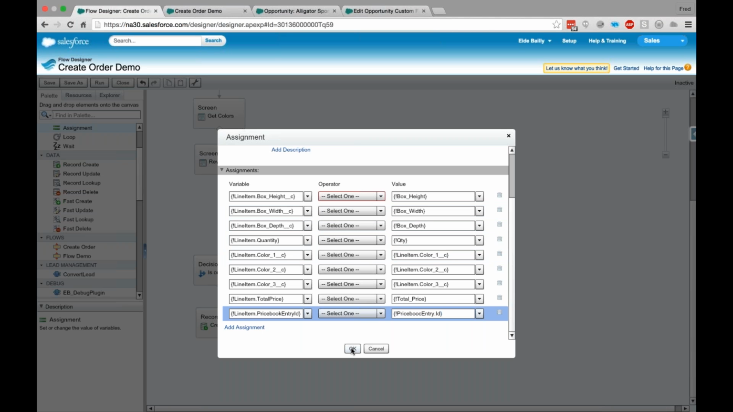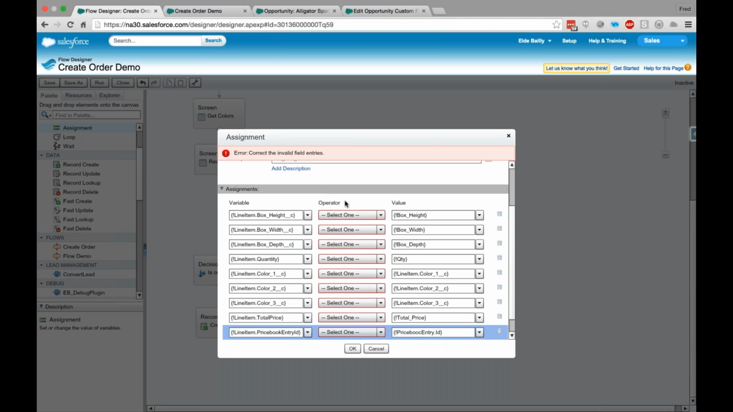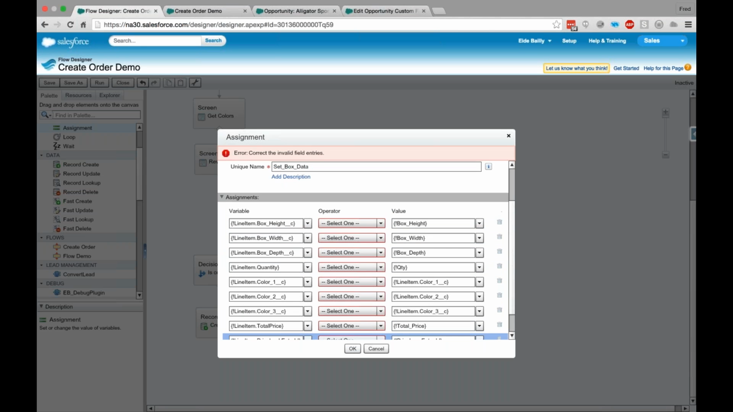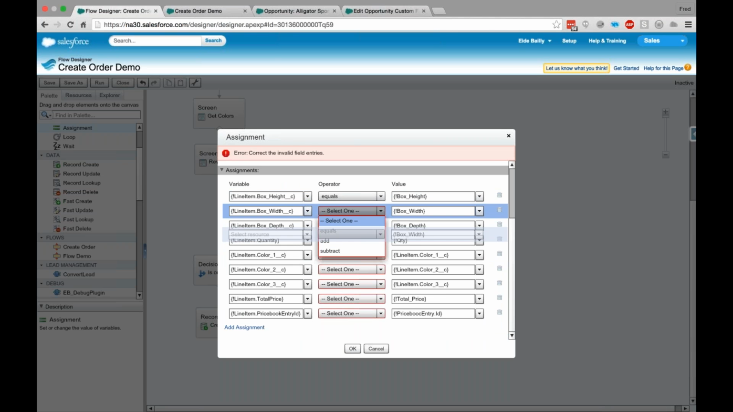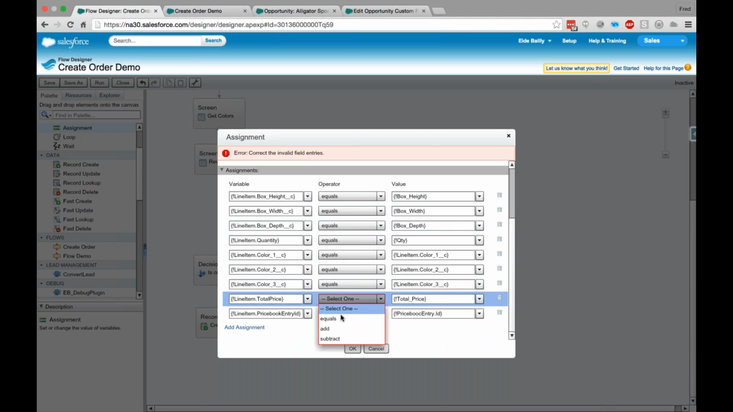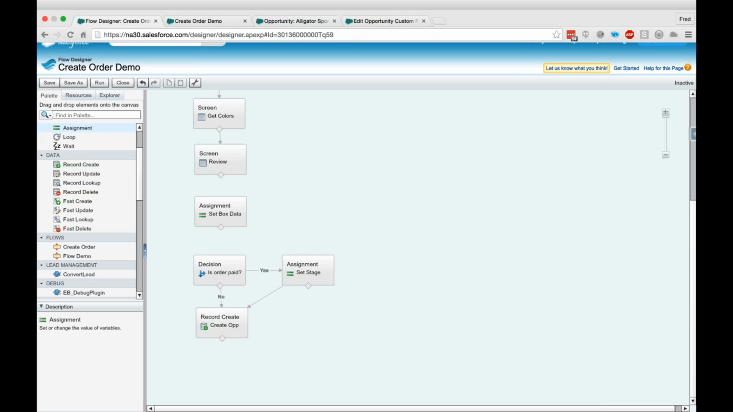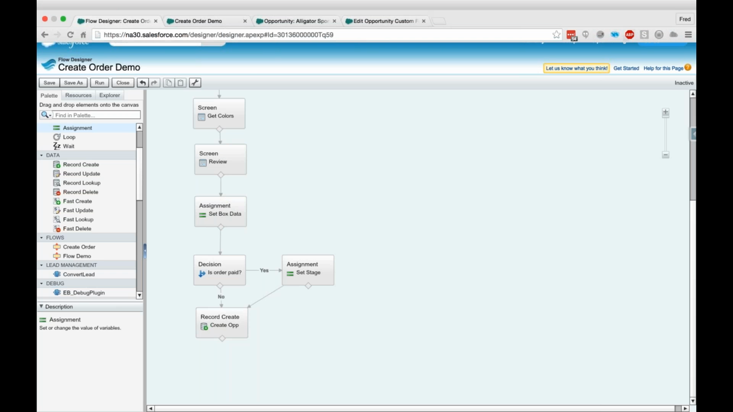What did we miss? Oh, I forgot the operators. What are we doing? Are we equaling, adding, or subtracting? These are all going to equals. All right. We're getting there. Okay. I'm going to plug this in. All right, so now,